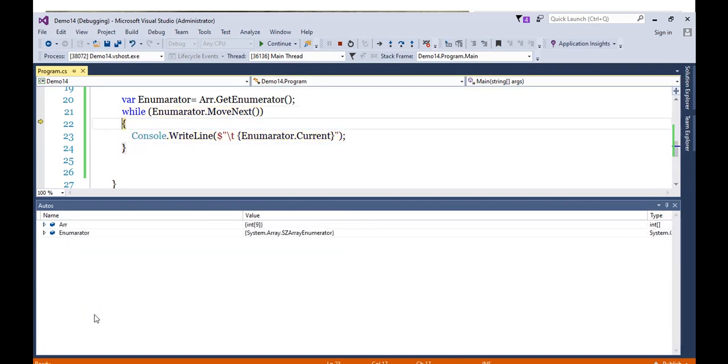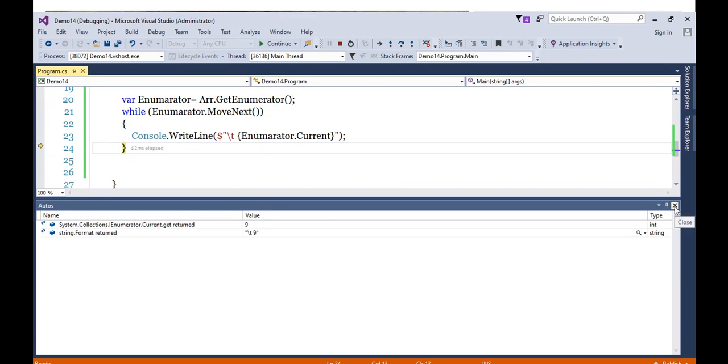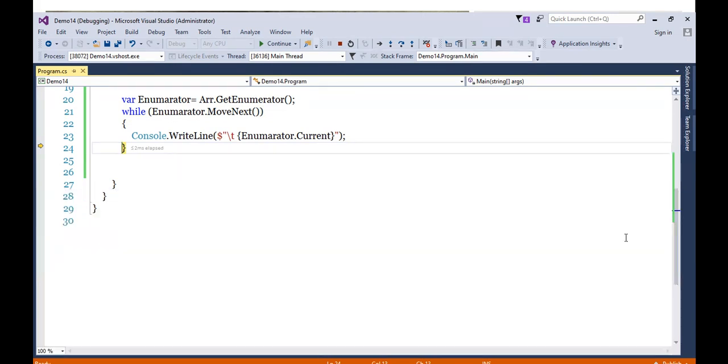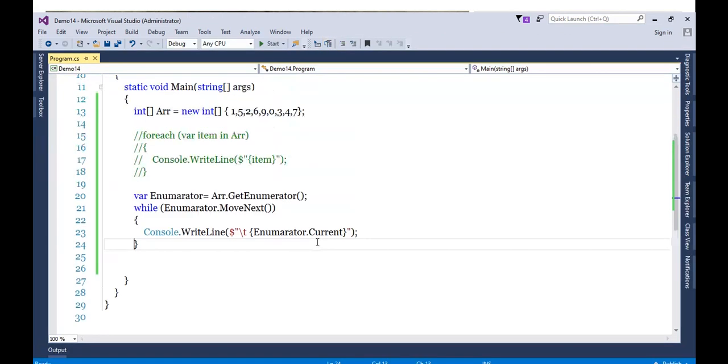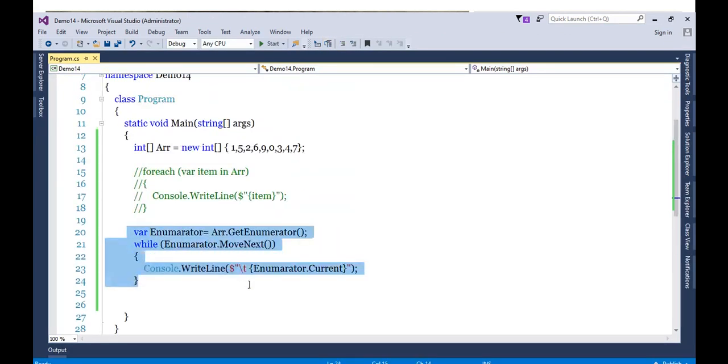So is it okay? Yes. So we have a demo for the IEnumerable interface. There is a method called GetEnumerator, and GetEnumerator will return the enumerator, and the enumerator will actually provide the iteration. To do the iteration, the enumerator internally uses MoveNext and Current. So this is how the IEnumerable interface is working. This is how foreach is working internally.